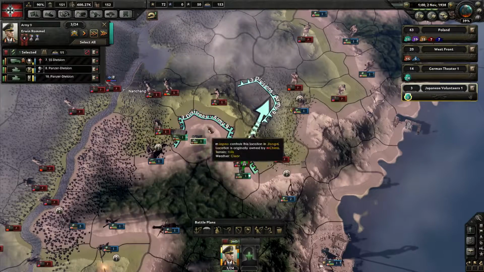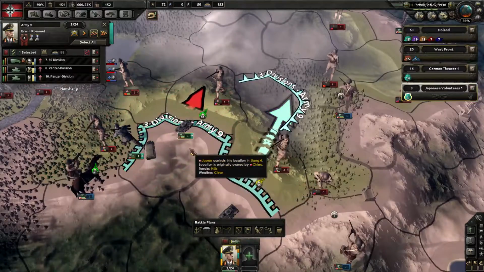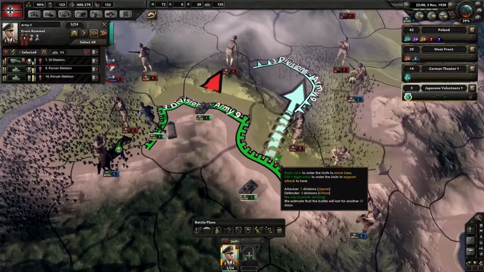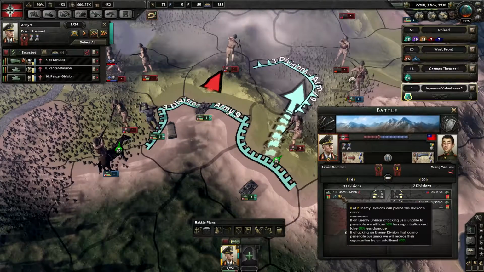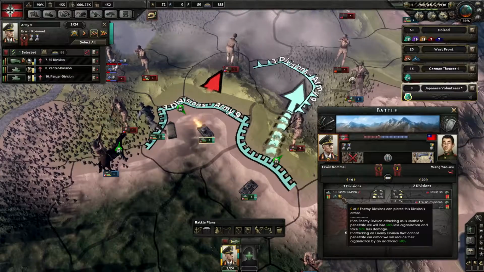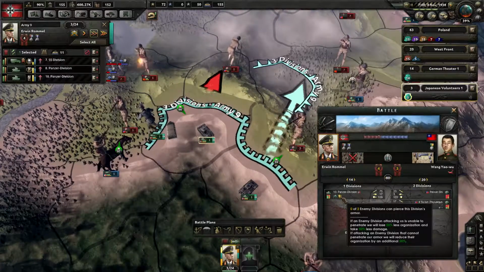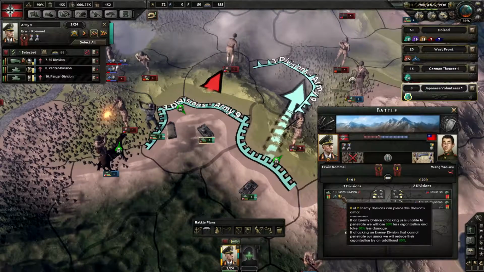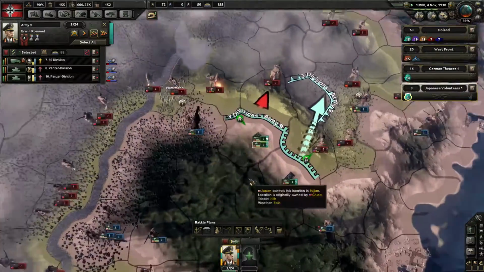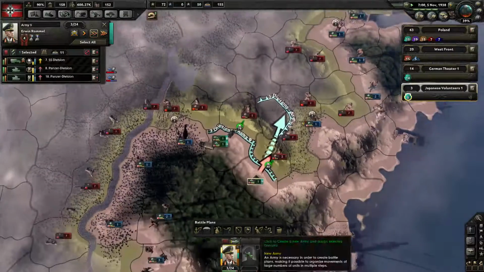You attack there. You attack there. So yeah, none of them can pierce my armor, which means that we'll lose 50% less organization and take 50% less damage,